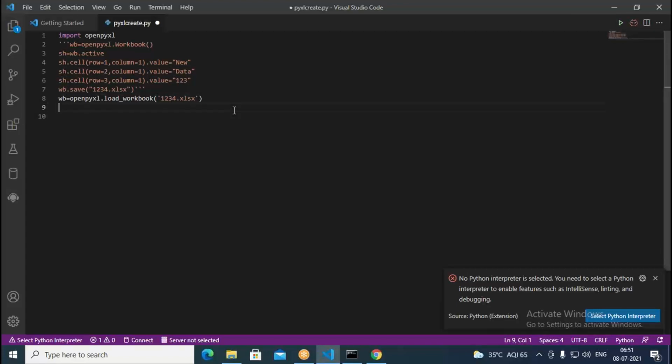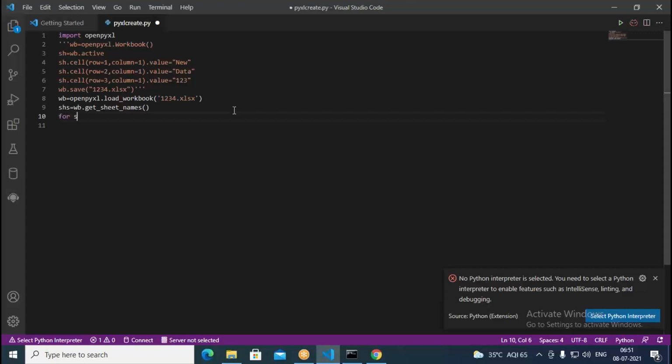Once opened, we need to read what sheets are available in it, how many sheets are in it. We are going to iterate those sheet names one by one. Here I write sheets, or SHS, which is nothing but sheets, equal to wb.get_sheet_names. Whatever worksheets are in it, I want to retrieve one by one. Then I would like to print them.